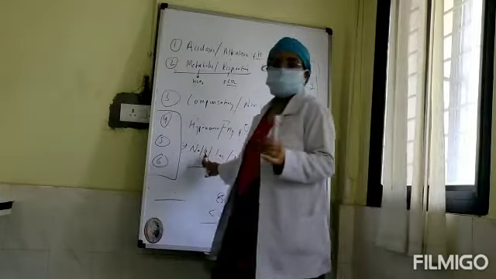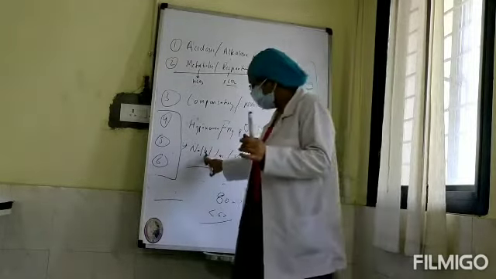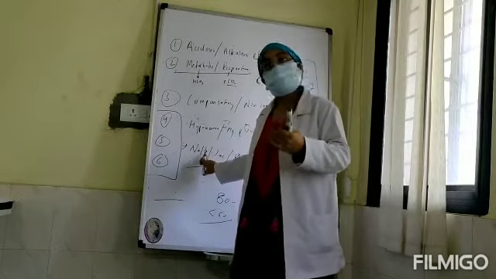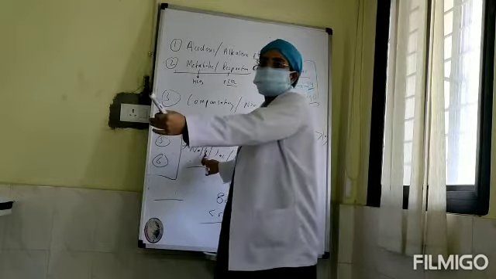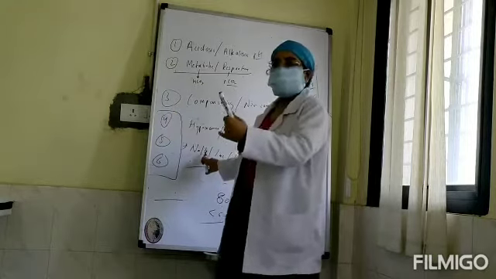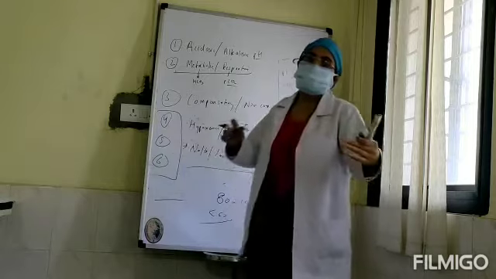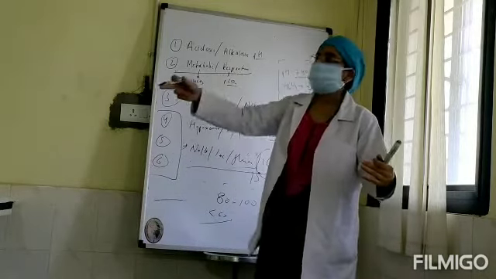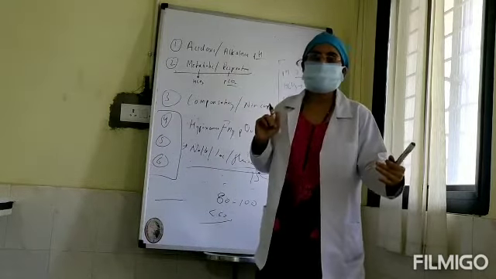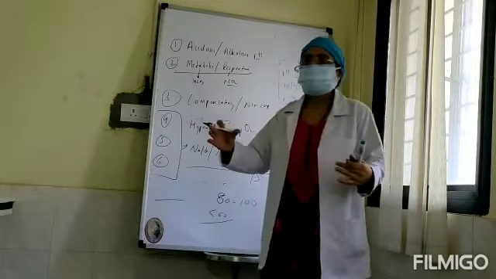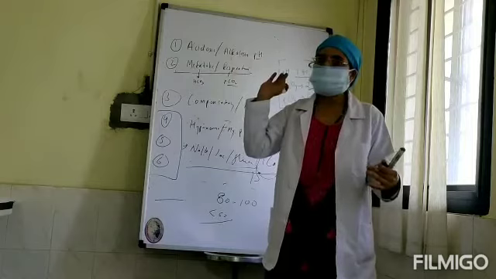Sodium and potassium, however, it is not a very good idea to intervene on the basis of your ABG, but it can just tell you. Suppose your ABG machine is just beside your bed, you can check, and if it is too high or low, suppose your patient is having some abnormal rhythm and the potassium value is 7, this is very much correlating. So this is very helpful for correlation purposes. And for final confirmation, you can send for serum sodium and potassium.